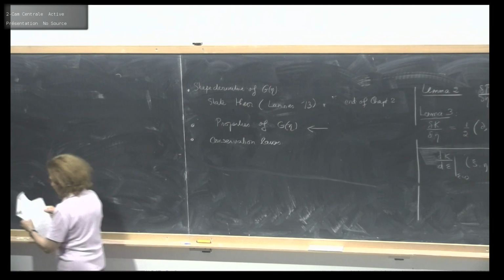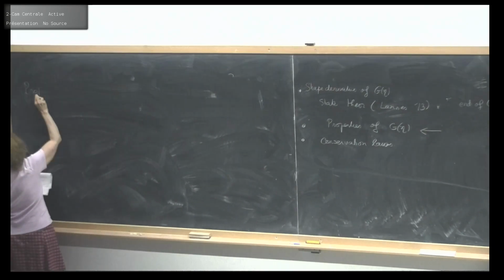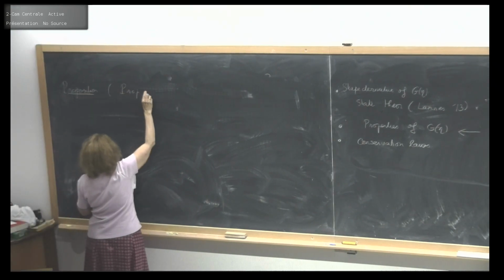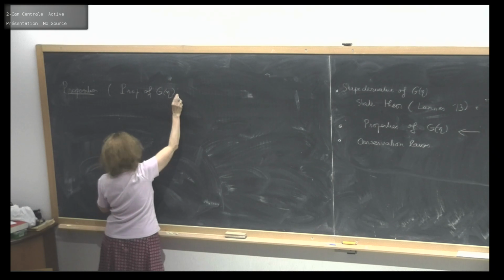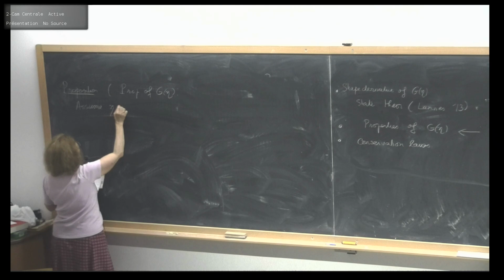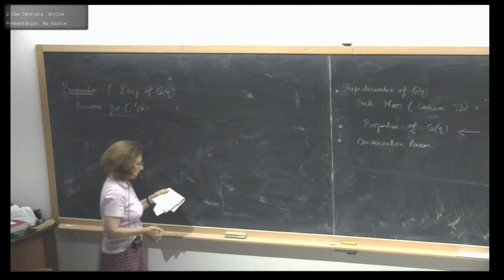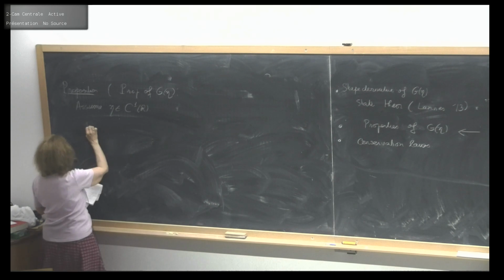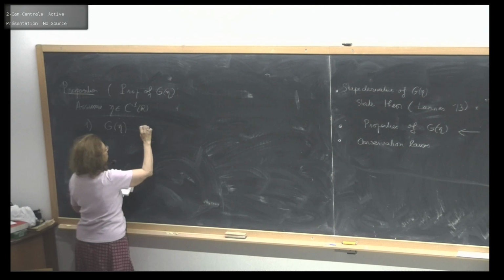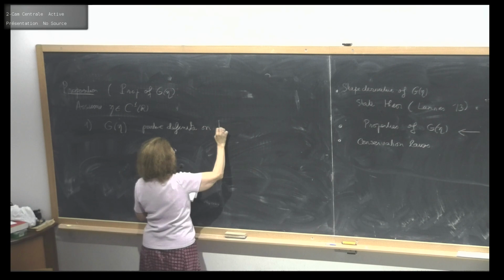So the theorem is: these are the properties, so basic properties at least. We assume that eta is C1, so it's bounded in C1, and we have a list of properties. Some are relatively simple. G of eta is positive definite on H1 of R.